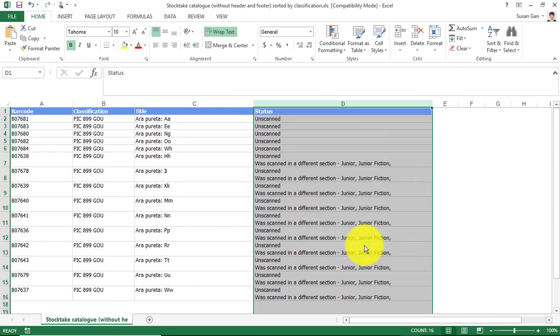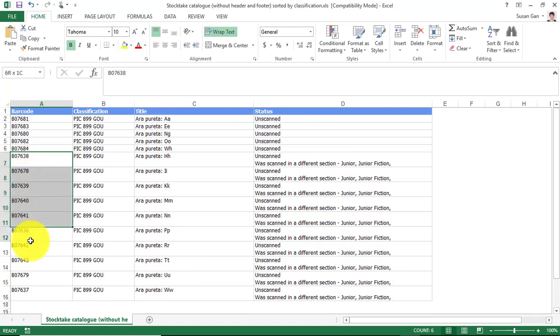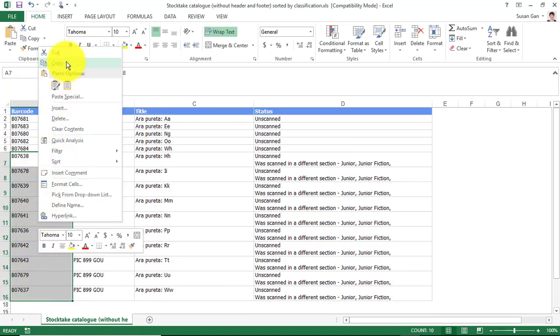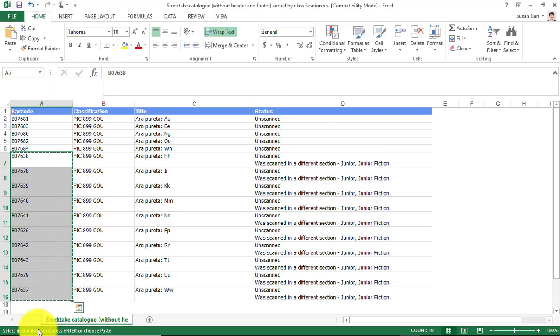Then click Sort. We can then copy and paste the barcodes of the lines with the unscanned was scanned in a different section message into a notepad document and save this. To do this, highlight the barcodes,